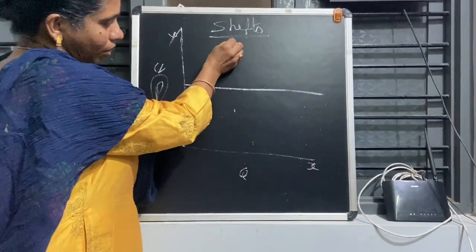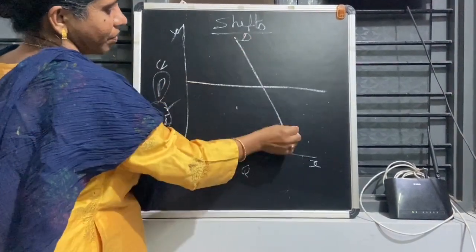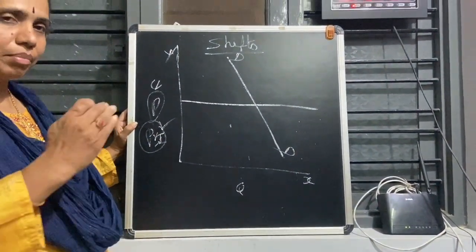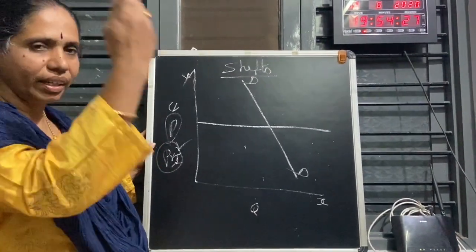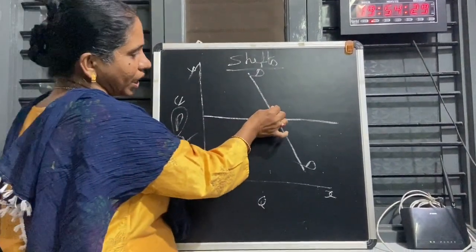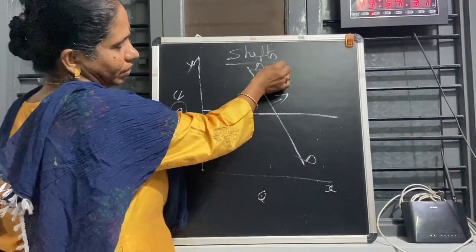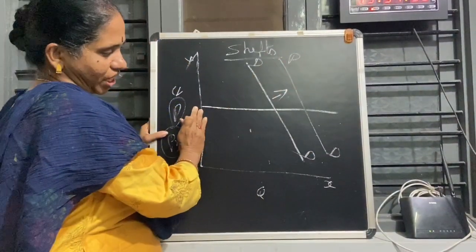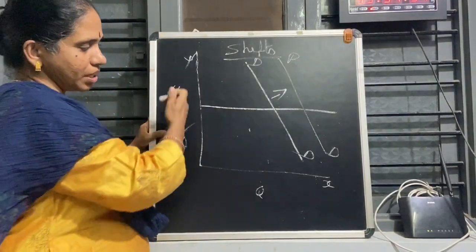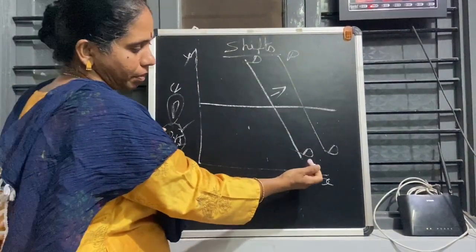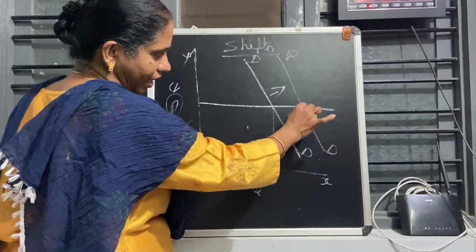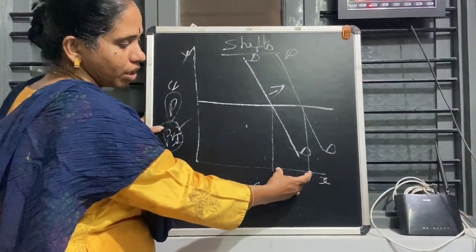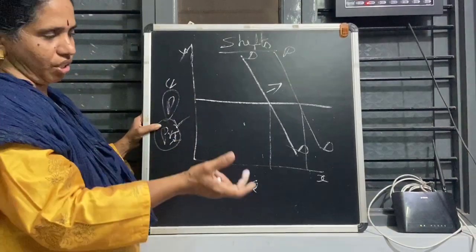So this is the normal demand curve. In normal goods, what will happen? As income increases, demand also will increase. At that time, the demand curve will shift upward. It will become D1. The price has not changed, only my income has increased, and my quantity demanded becomes more. See here, this is the quantity demanded. Compared to here, I am buying more, because my income is increased.